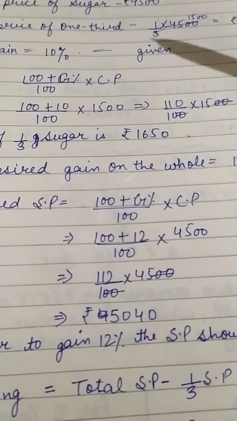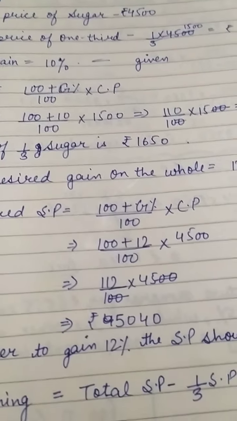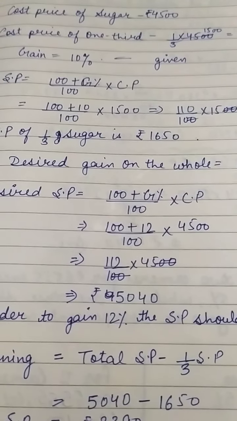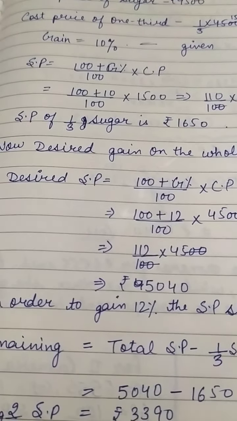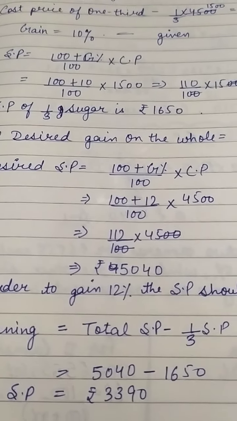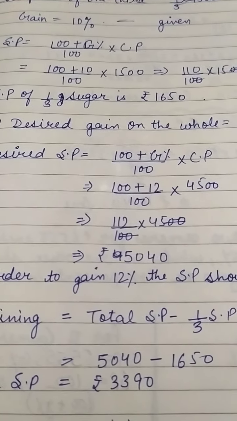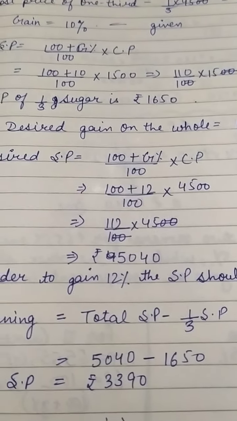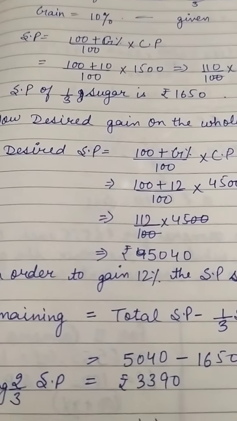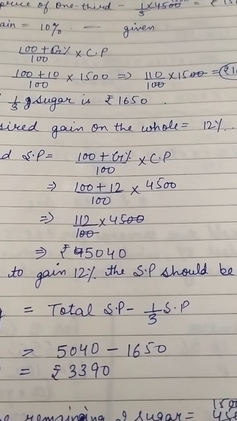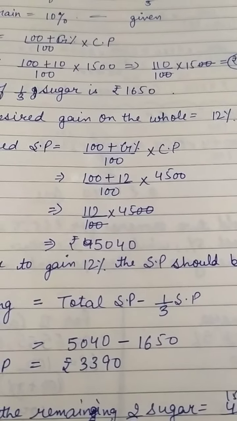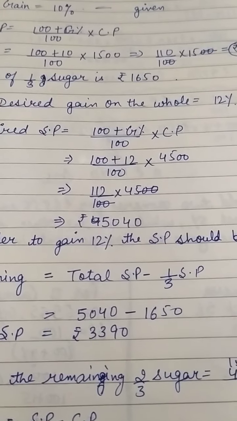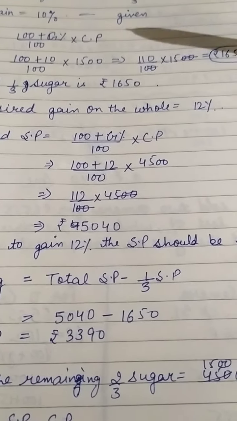We have done the question step by step. Okay children, then only you can understand it well. Now we have in the question, at what gain percent should he sell the remaining sugar to have a 12% gain on the whole. मीन्स कितने में वो 12% गेन पे पूरी शुगर सोल्ड करे कि उसको 12% गेन हो. Okay, so we have desired gain, means how much gain he wants, 12% gain उसको चाहिए.